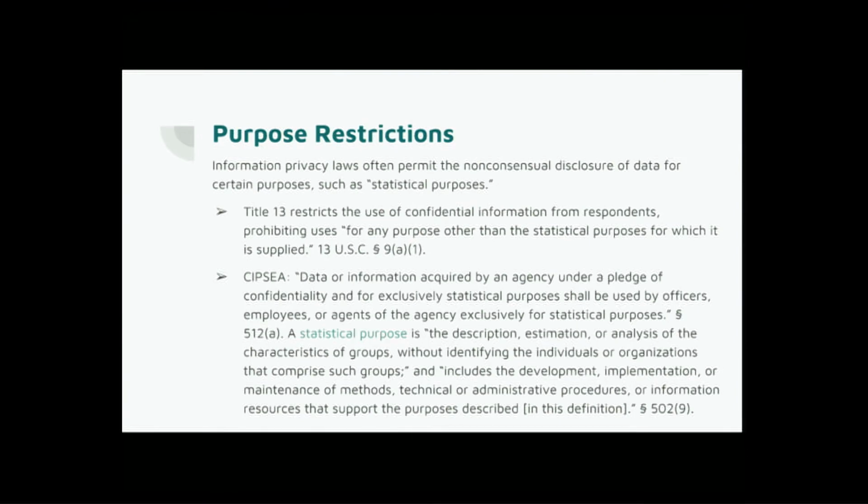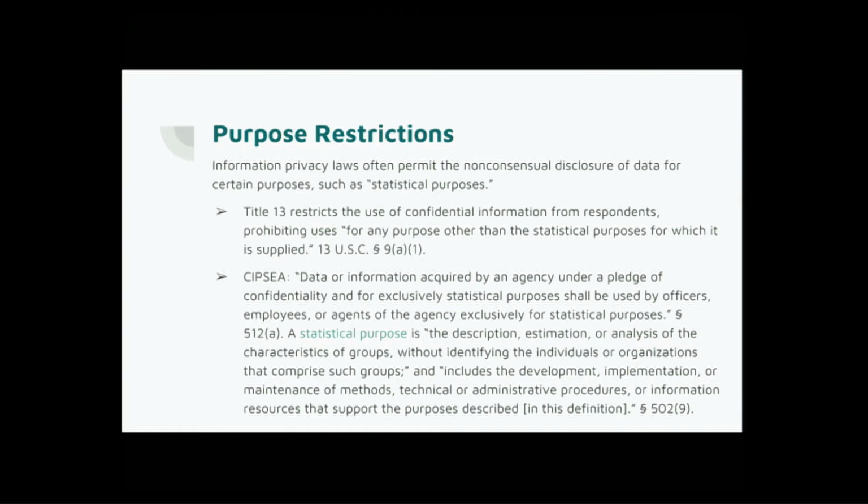The final concept is purpose. Information privacy laws often permit the non-consensual disclosure of data for certain purposes, such as statistical purposes. Examples include Title 13, which restricts the use of confidential information from respondents, prohibiting uses for any purpose other than the statistical purposes for which it is supplied, and CIPSEA, which states that data or information acquired by an agency under a pledge of